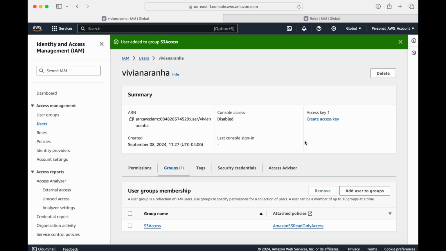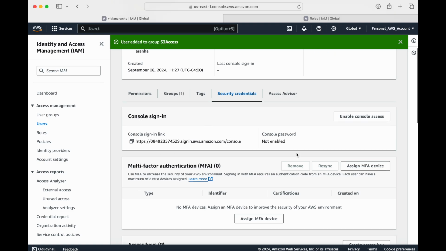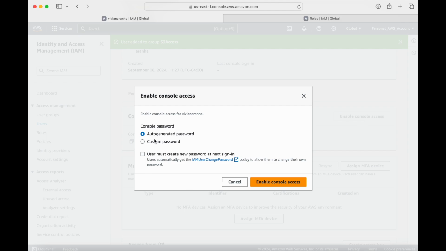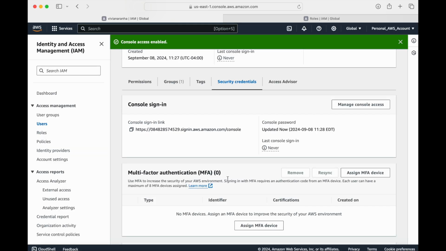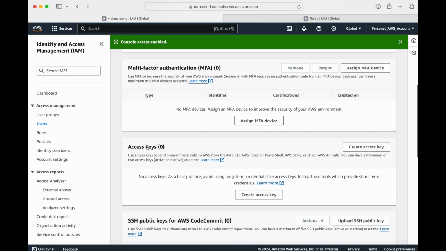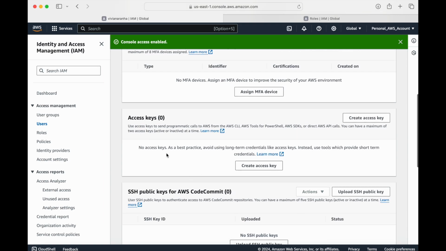Now let's see how we can give the user access to login. If you see console sign in, this is where the user can sign in. I'm going to say enable the console sign in, and it will ask me auto generated password or custom password. I'll say auto generated password, enable, and it will create this console username password. I can download this CSV file and share it with the user that I have. Close this. Another thing, I can also create access key for this user,